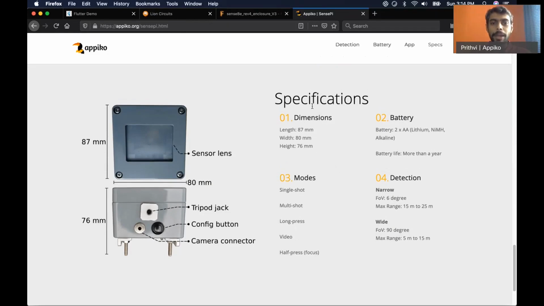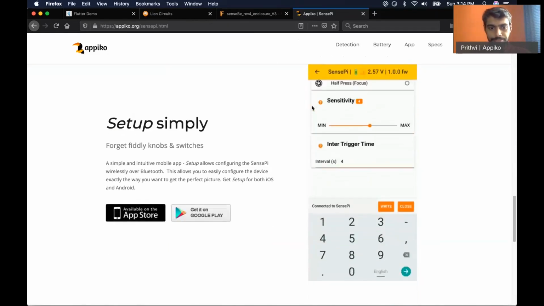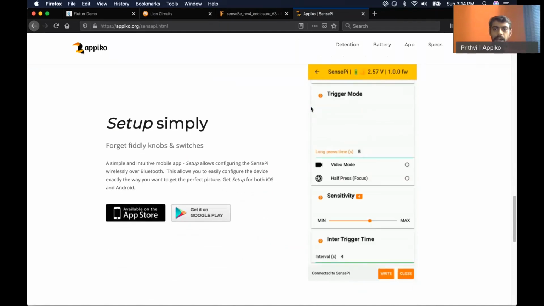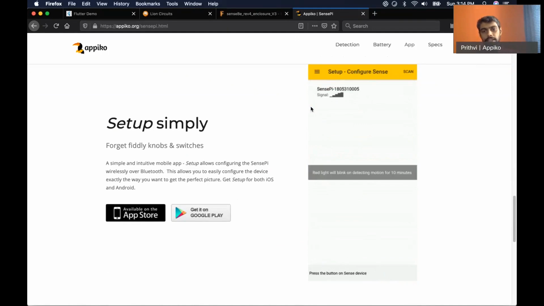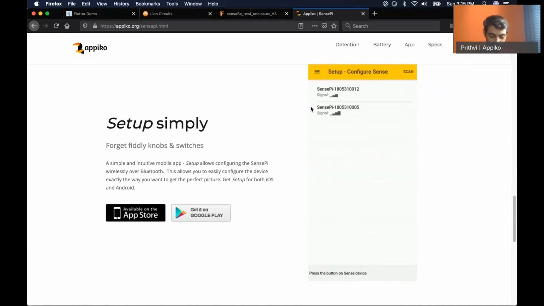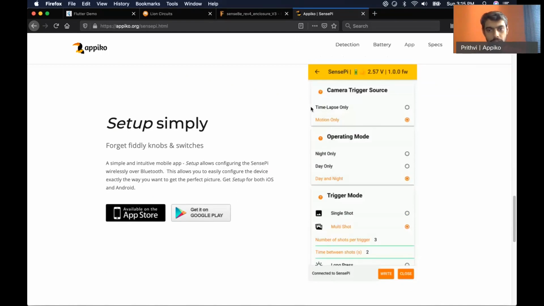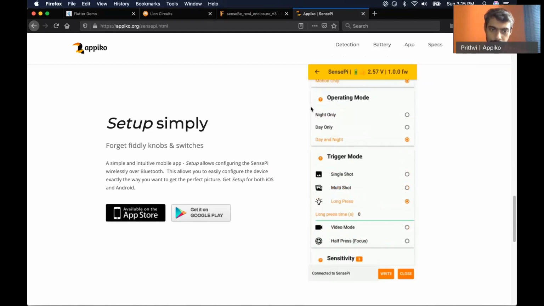we used a mobile application that you can see here to configure the SensePy. The communication between the mobile application and the SensePy is over Bluetooth Low Energy, which is a low power wireless communication methodology present in almost all consumer mobile phones.